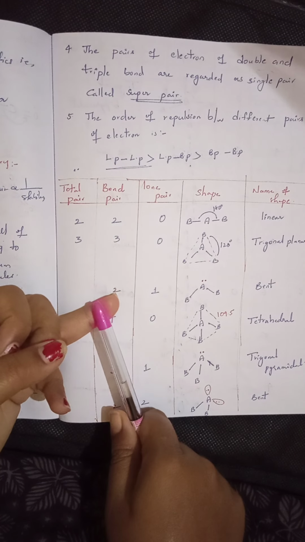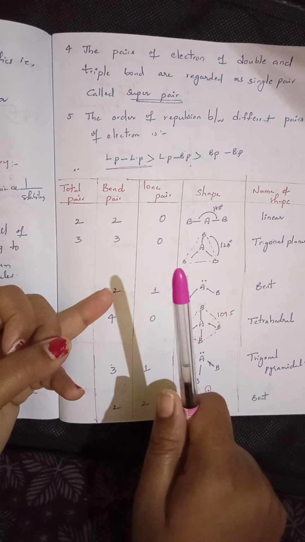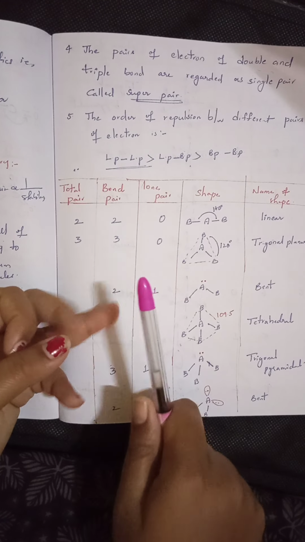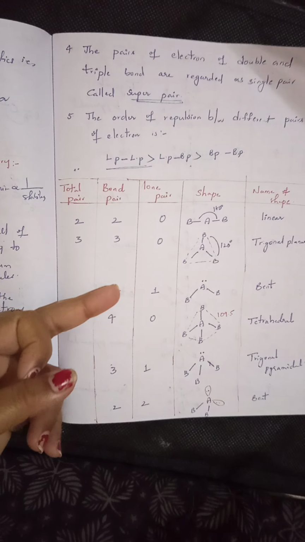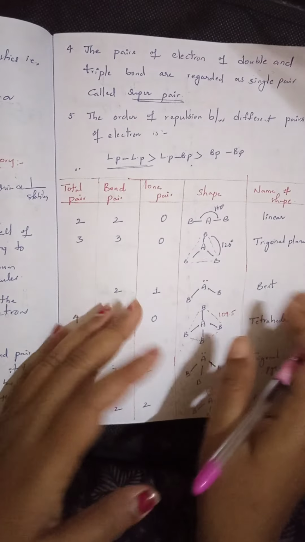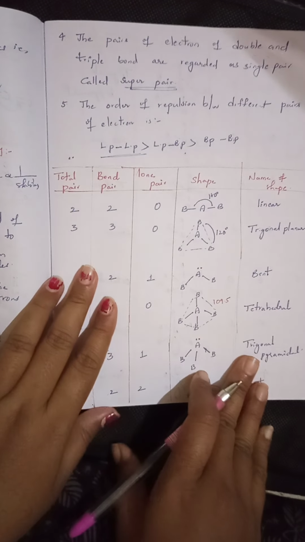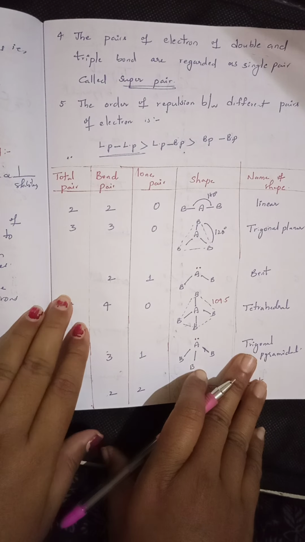If the central atom is bonded to the same type of atoms, then the shape will remain regular. If the central atom is bonded to different atoms, or both, then the shape gets distorted somewhat. Now, based on these repulsions, we can give the shape for different types of molecules.